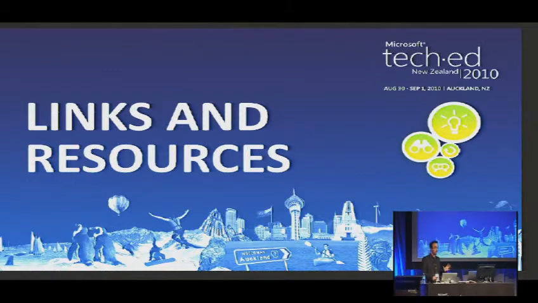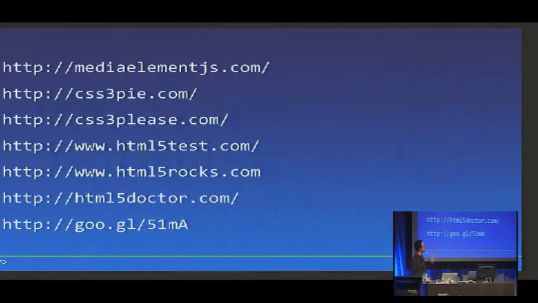Now there are a lot more links and resources which I'll walk through. I'll leave this slide up for a while so you can take photos and jot them down, and I'll explain what each of them is and does. Now the first one is an HTML5 video and audio embedding script. And this is completely cross-browser. It supports H.264, FLV, WMV, MP3. And this is across all browsers. If your browser doesn't support HTML5, it'll just fall back to Flash. Tiny bit of JavaScript that you embed in your page. So if you've got a lot of video and audio that you want to embed on your site, use that.